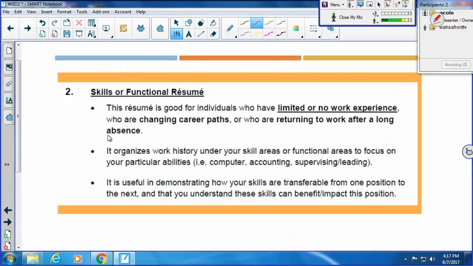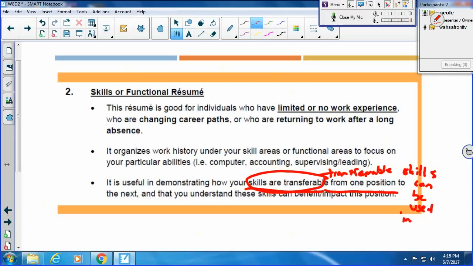And when they talk about skills that are transferable, what they mean is that transferable skills can be used in any job. That's what they mean. Like the ability to be organized, right? Organization. If you're organized, it'll help you no matter what work you're doing.